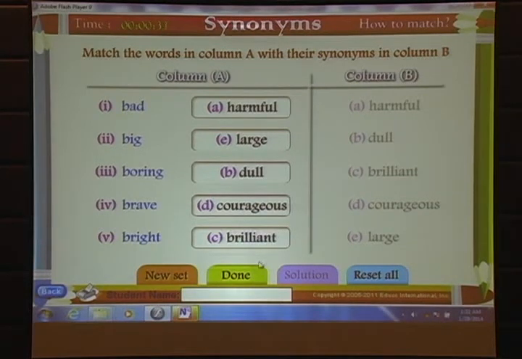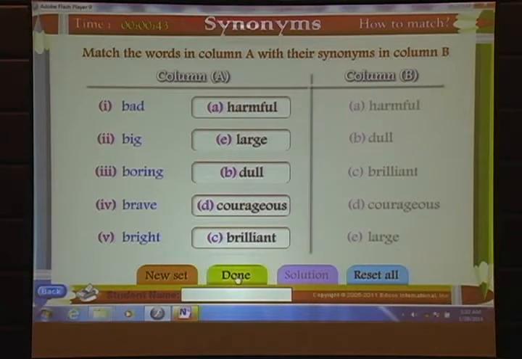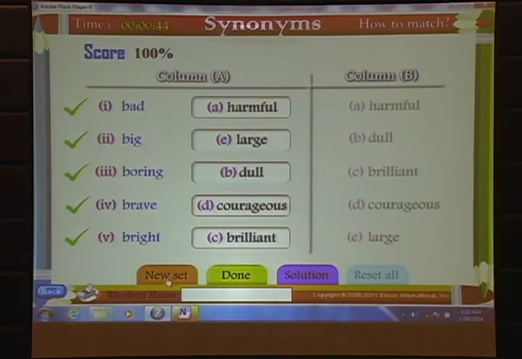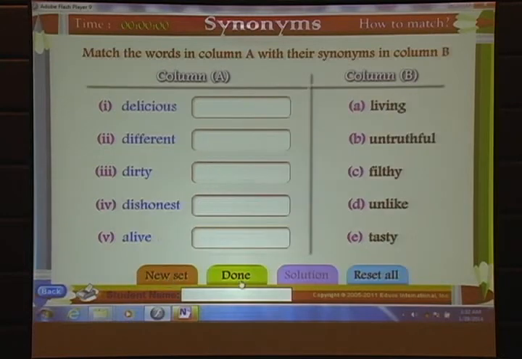Does it help in vocabulary building? Yes. There are different kinds of antonyms, synonyms, and so on. So many, almost infinite number of activities like that. Okay, you can click on done. I click on this, click on new set, and so on.